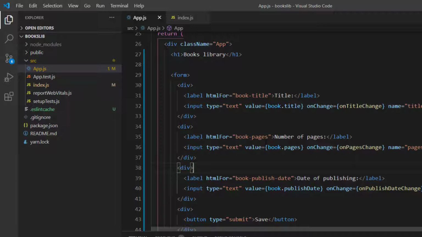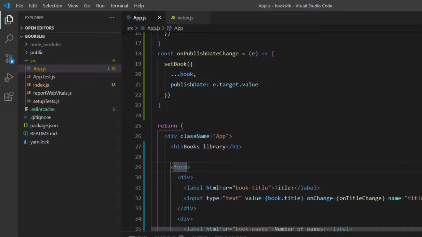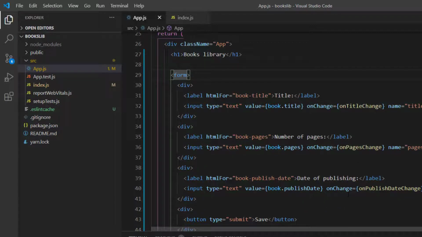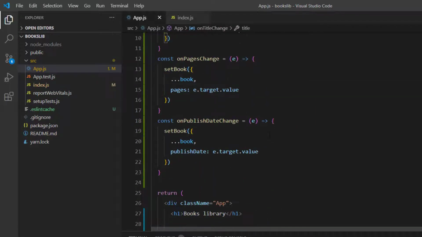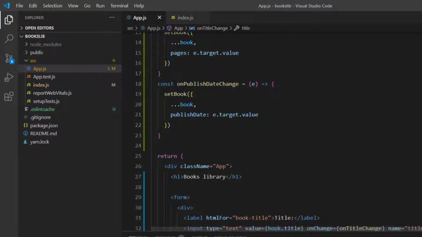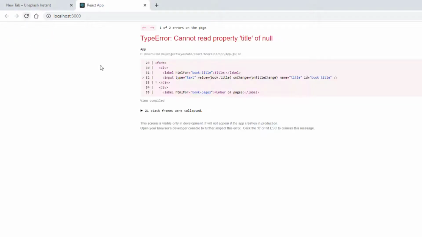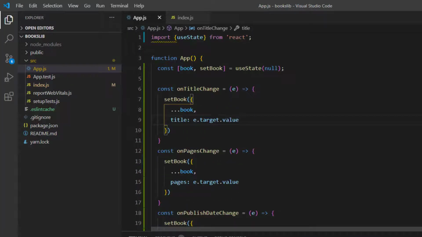So now we have our form controlled by React. Every time we make a change in any of those fields, it will be saved inside the book variable. We can check this by checking it in the browser. Here we have an error: cannot read property title of null. Of course, here